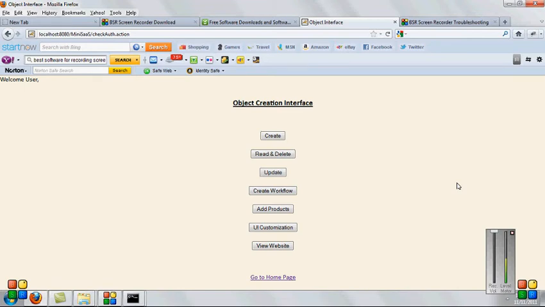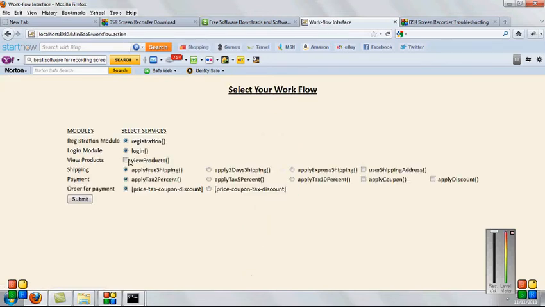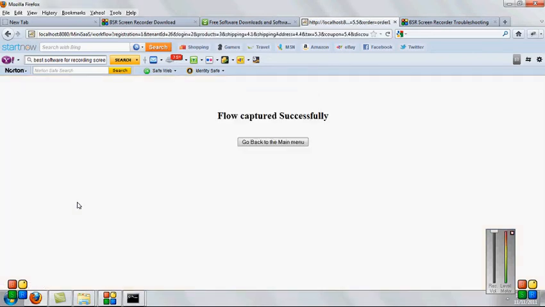For this part, we have done it for phase 2 and phase 3. Here we have customized the UI layer. For that to happen, we have to add one or two products into the database. For that, first you have to create the workflow. It's going to be adding view products, then adding a couple of web services, applying tags, coupon, discounts, and stuff like that, and submitting the values into the database.